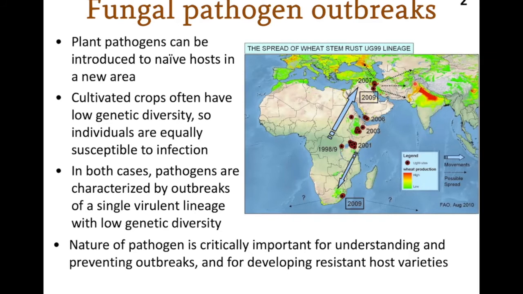Okay, and so this difference, whether a fungal pathogen comes from just a virulent mutant arising from an indigenous arms race situation, or whether it's one of these outbreaks that have come because of the host being naive or being something like a monoculture, is really important for understanding and preventing fungal infections. And it's also important for developing resistant host varieties. So if we move to the next slide,